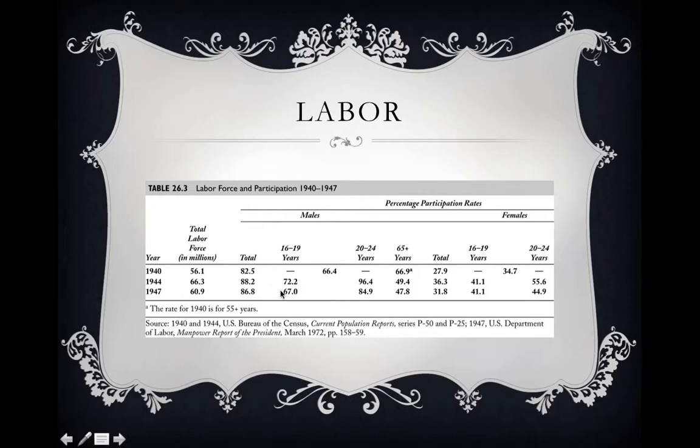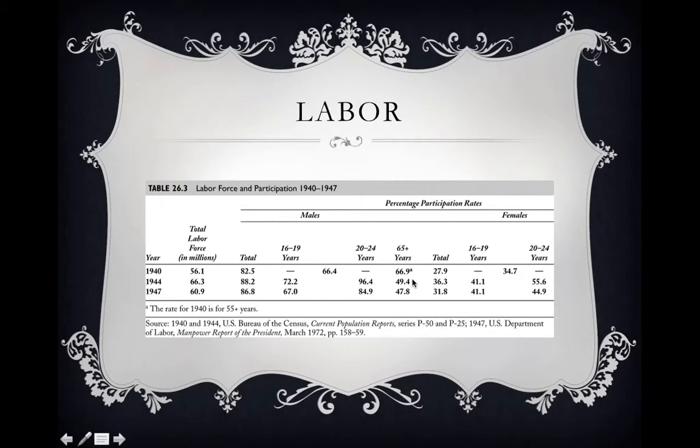So let's take a look at, for example, 16 to 19-year-olds. The participation rates for 16 to 19-year-olds increased. After the war it decreased, that went down to 67. So let's take a look. You can see the participation rates for, for example, 20 to 24-year-olds. Almost 100% in '44, and that declined after the war. So you can see that younger and younger people were involved in the war effort.